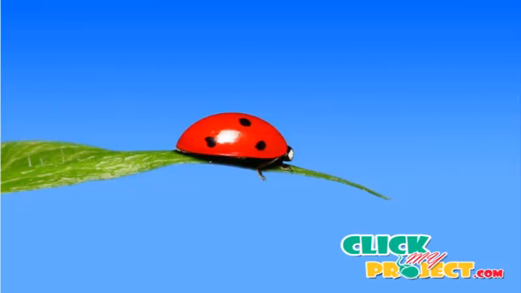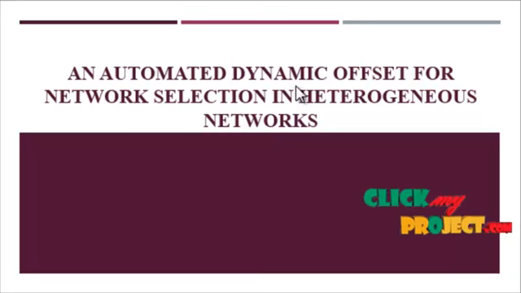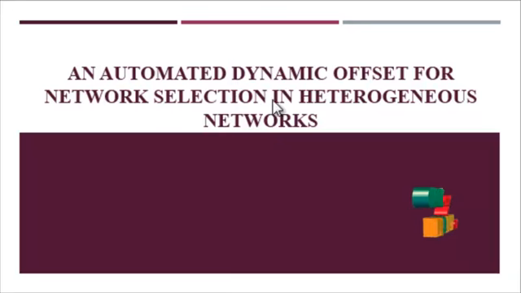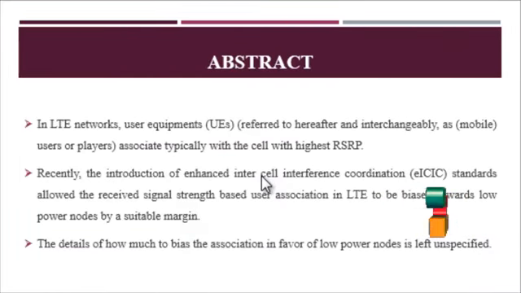Welcome to clickmyproject.com. Our project title is Automated Dynamic Offset for Network Selection in Heterogeneous Networks. Now I explain about the abstract of our project. Our project abstract is